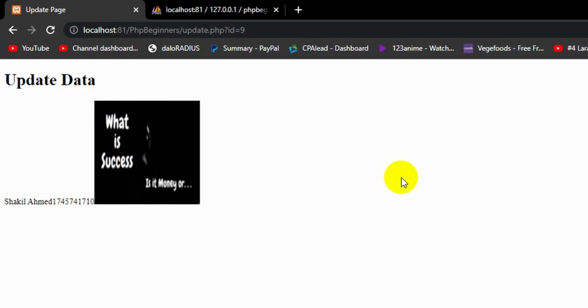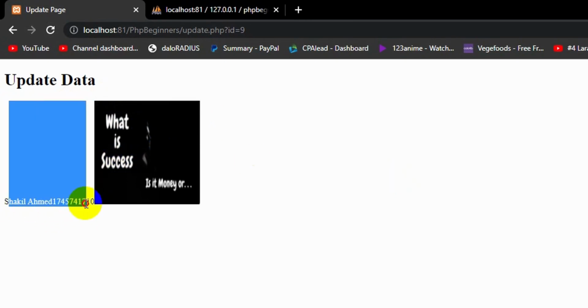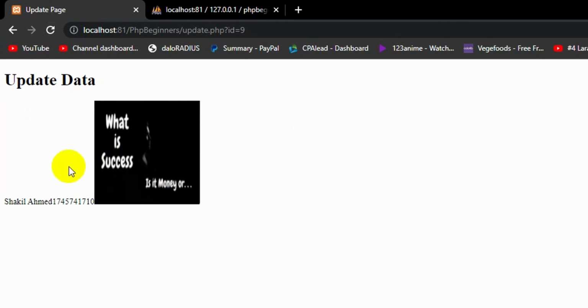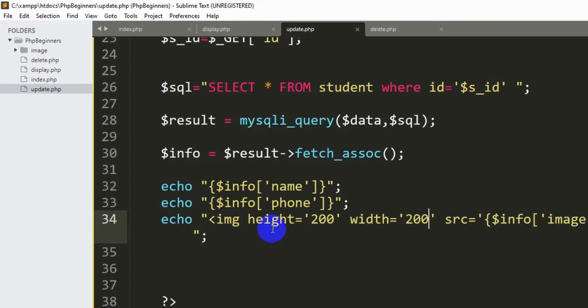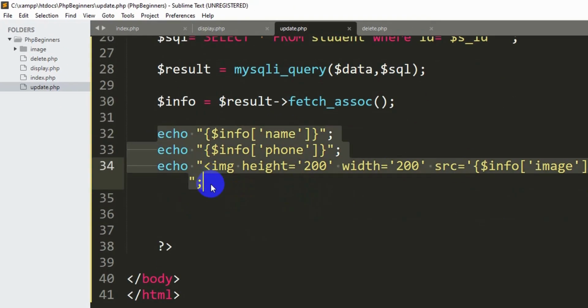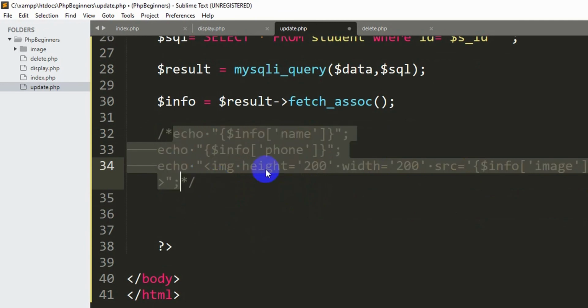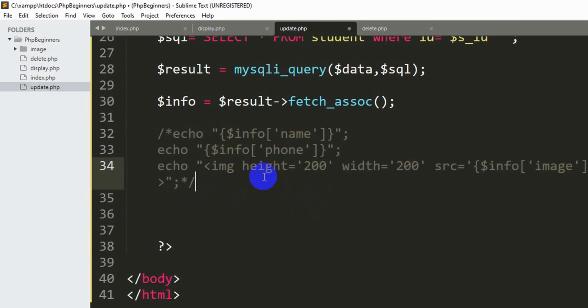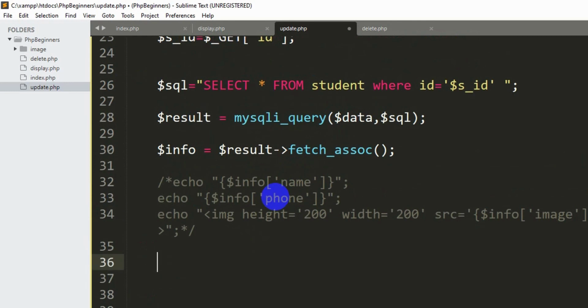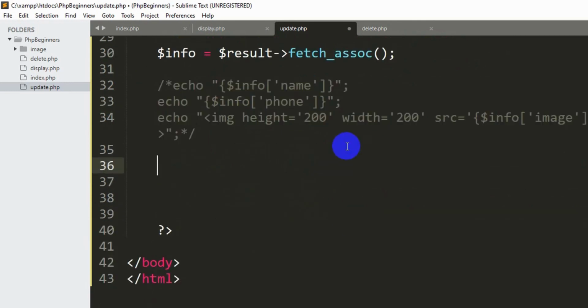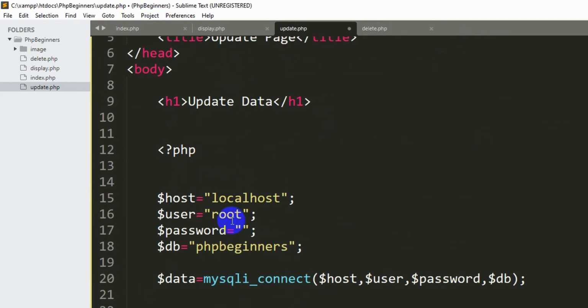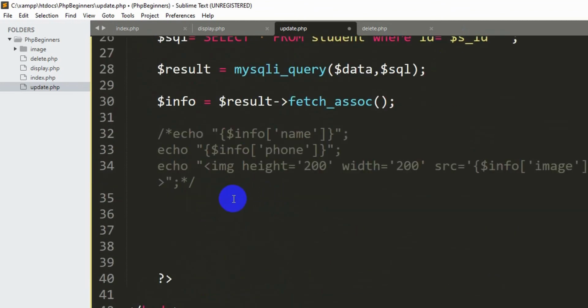So what we want is to show all those texts in an input field so that we can update those. So for it let me just comment those out. I'll click Ctrl Shift and the slash sign. So here you can see those things are now commented out. Right now we want to create an input field, and since we are creating an input field we need to write some HTML code. So we need to close this PHP tag over here.